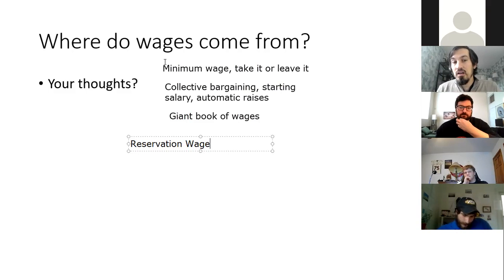I would argue that the three of you, Nick, Philip, Dorian, actually did have a reservation wage. There was a price under which you would not have worked as a lifeguard, or at Costco, or at a camp, I think. But it happened to be that the wage they offered you was above that. So this is sort of the minimum, I would say.